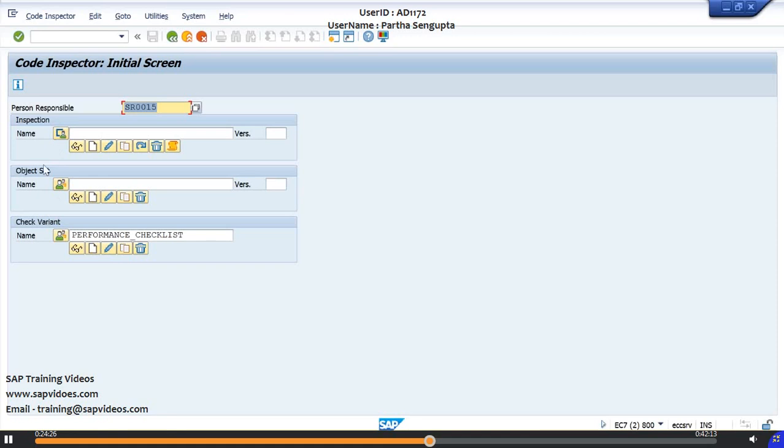For every inspection, there is an object set and check variant. A global variant can be used by everybody, and it can be transported from one system to another system. When you create a variant and set it as global, it can be transported. If you use it as local, that means it is local to this system. I use this standard performance checklist. This is a standard check variant. So I'm just